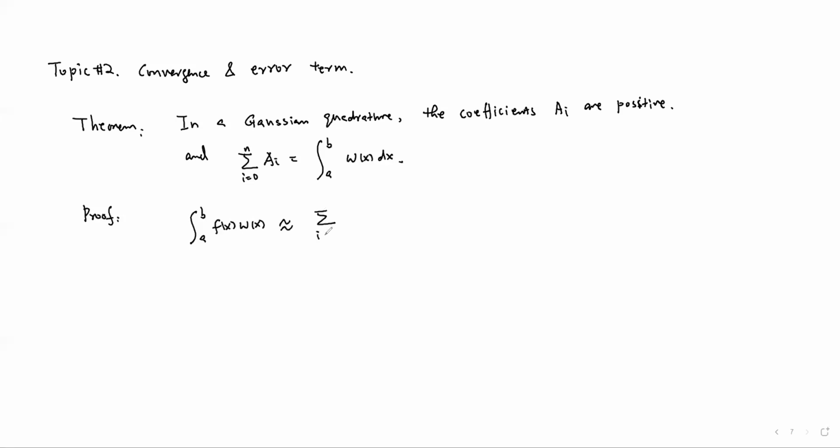Summation i from 0 to n, a_i f(x_i). The approximation is exact for all polynomials with degree less than or equal to 2n plus 1. In particular, I said f the